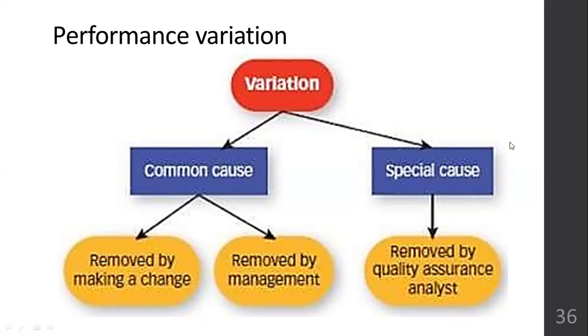But when special cause variation happens, you will have to call somebody who deals with these kinds of scenarios, somebody who is a quality assurance analyst from the quality department. Or you may call some consultant from somewhere else. You may sometimes have a third party investigate how things went wrong, why it went wrong. Sometimes law enforcement, maybe if it is a suicide case or a homicide or a murder in the hospital,